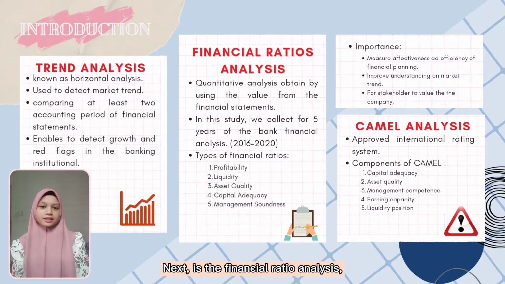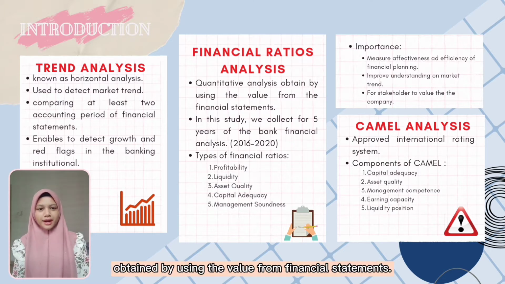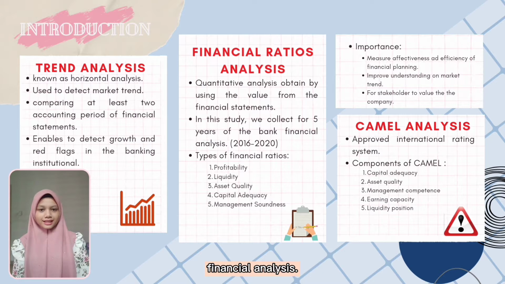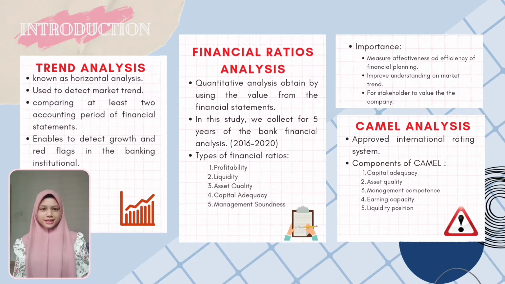Next is the financial ratio analysis. It is a quantitative analysis obtained by using the values from financial statements. In this study, we collect five years of the bank's financial data, from 2016 to 2020. There are five types of financial ratios, starting from profitability, liquidity, asset quality, capital adequacy, and lastly